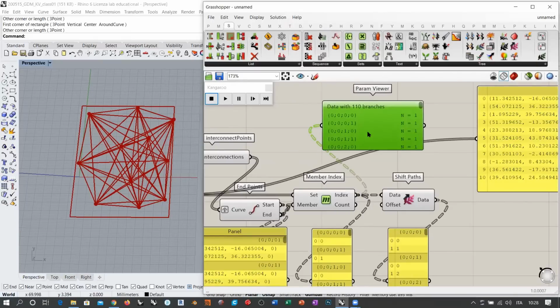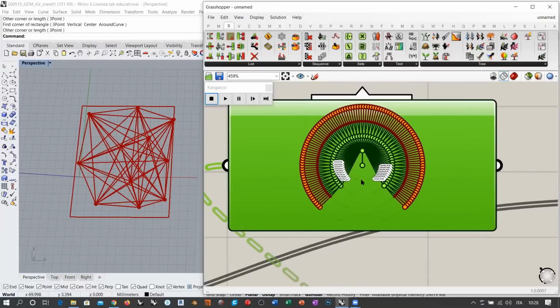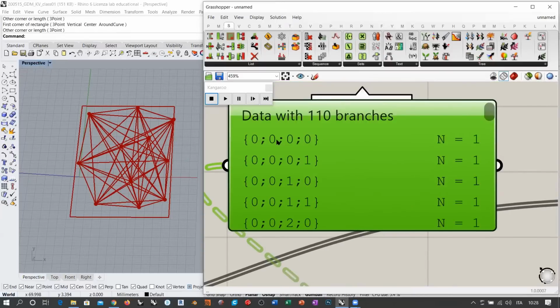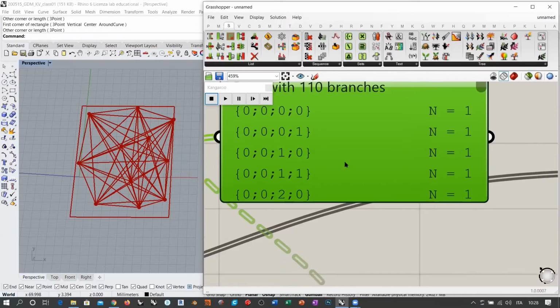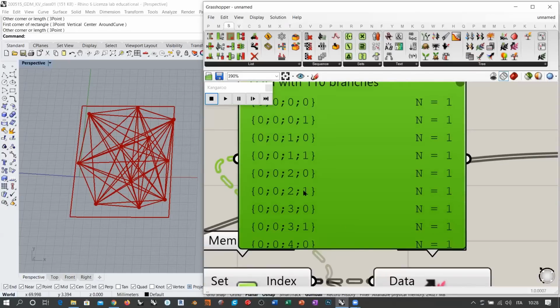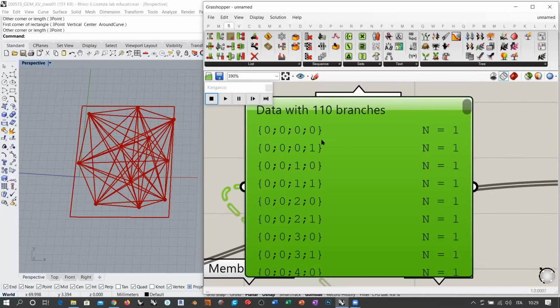So we have this data set here with this amount of indices in the definition 4. So you see it is 0, 0, 0, 0, 0, 0, 0, 1. Then you have 0, 0, 1, 0, and 0, 0, 1, 1. Then 0, 0, 2, 0, 0, 0, 2, 1, and so on. So it's clear then that these two branches here come from one single path, and they are split into two